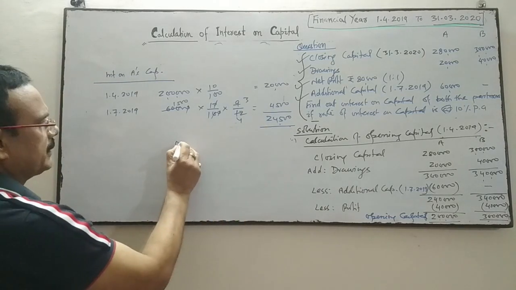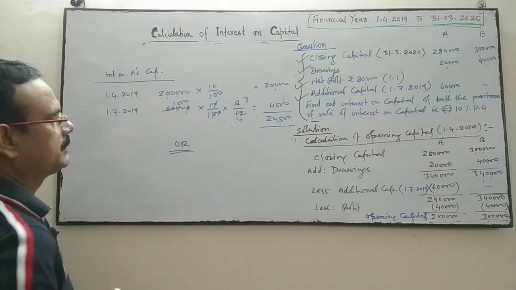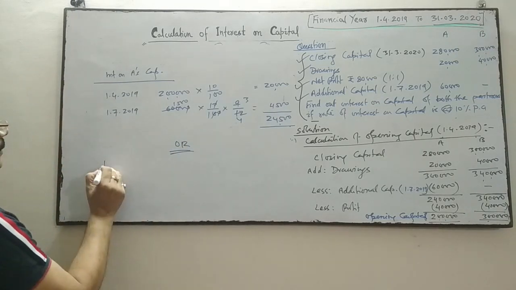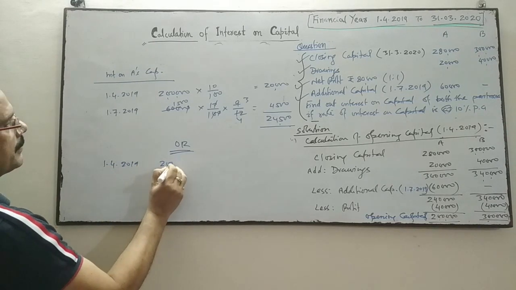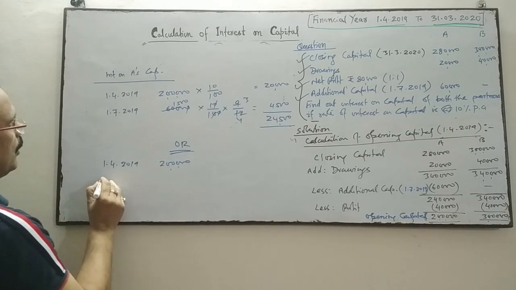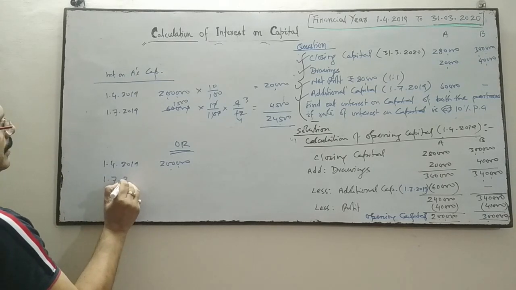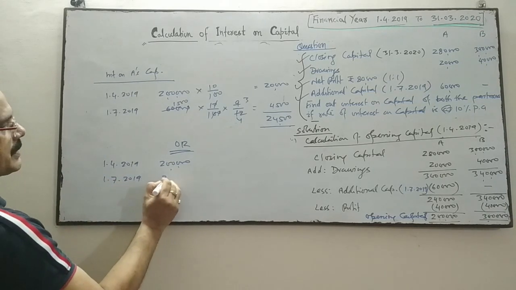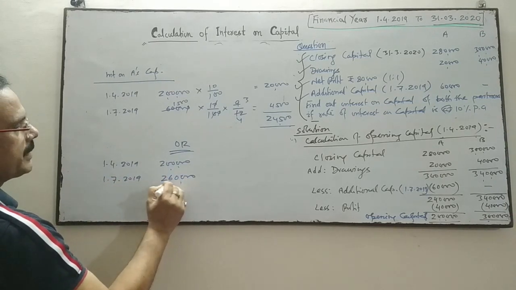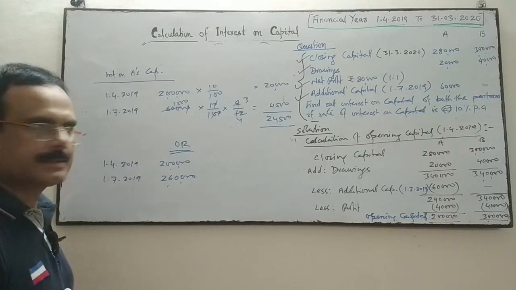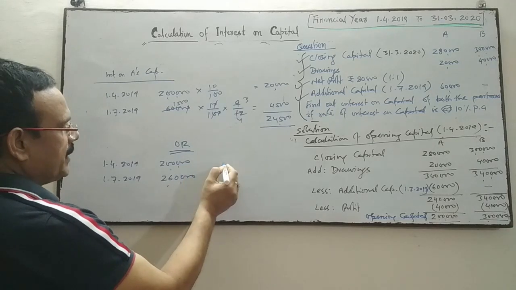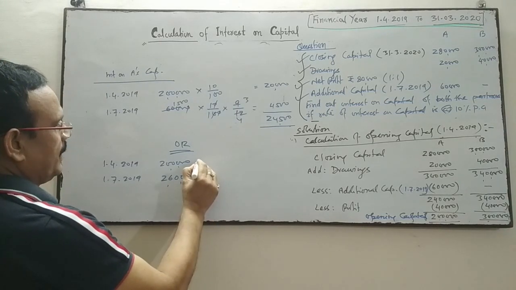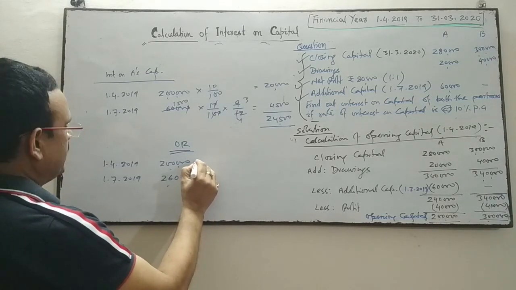One more method. On 1st April, the capital of A was 2 lakhs. On 1st July, he has given 60,000 as an additional capital. Then his capital is 2,60,000. I'm going to apply the product method, or you can calculate it like this: